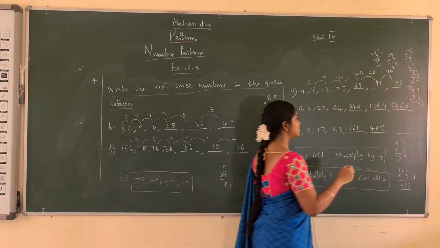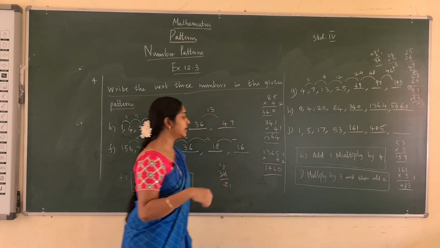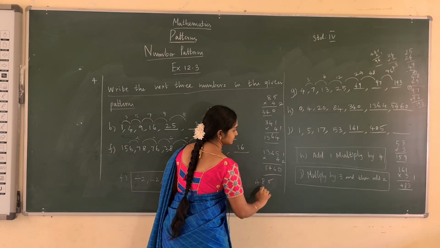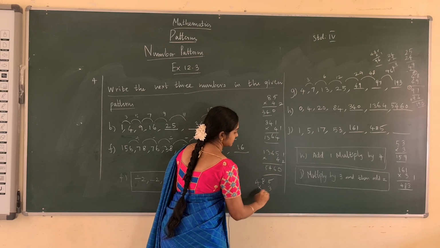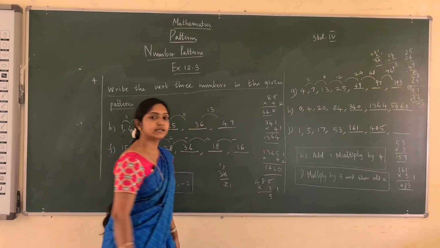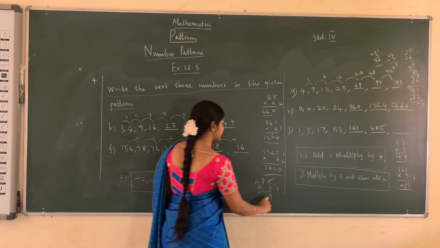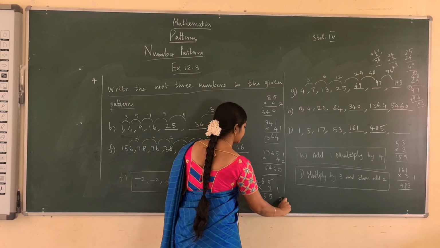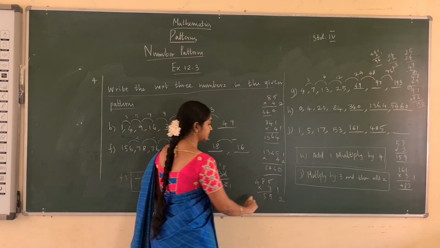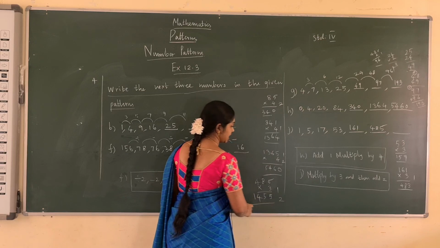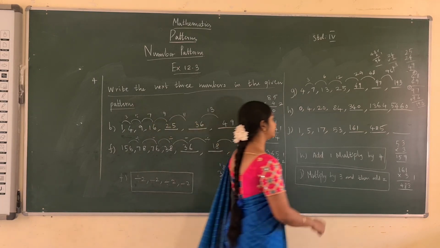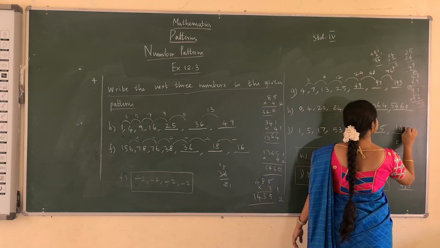Next we have to multiply 485 by 3. 5 3s are 15, 8 3s are 24, 24 plus 1 is 25, 2 is remaining, 4 3s are 12, 12 plus 2 is 14. We have to add 2 to that, so it is 1457. This is the pattern.